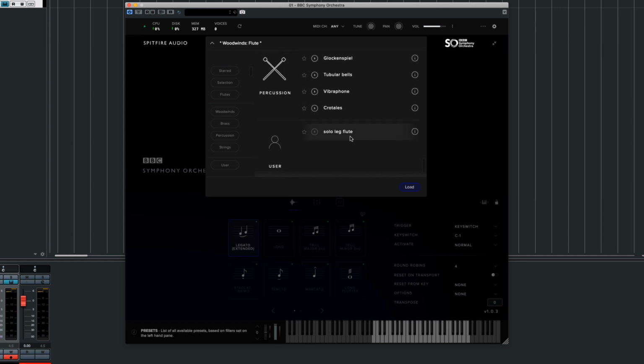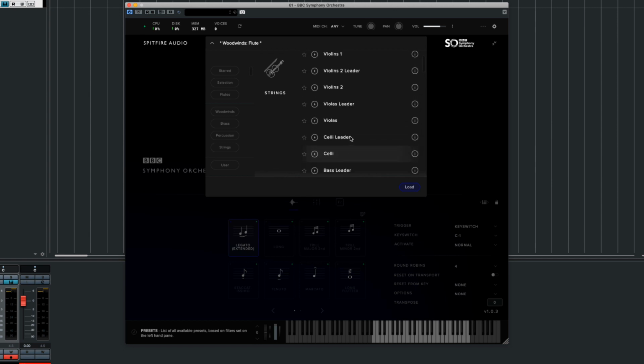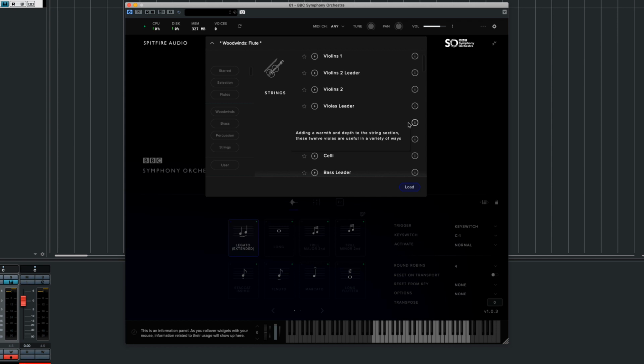You've got the users at the bottom. I've only made one, a solo legato flute at the moment, but you can see it's nice and easy to scroll up and down, and all you need to do is click on one of these and then press load, and it loads it. If you hold your mouse over the eye, it tells you all about it. It's very nice. And if you click on this little button here,